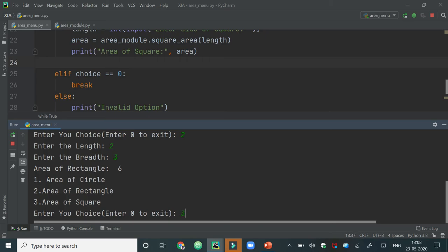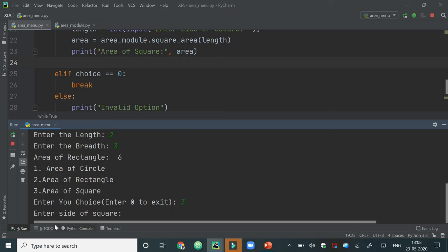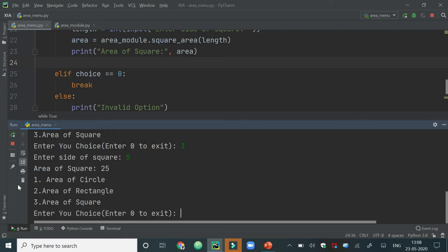Now if I enter 3 here, it will ask for the side, because the third choice is to calculate the area of a square. Suppose I enter 5 here, then it will give the message that the area of the square is 25, because if the side of the square is 5, then the area will be 25, side into side.